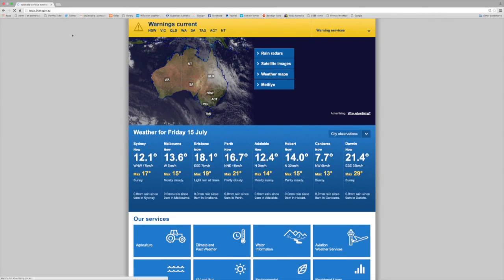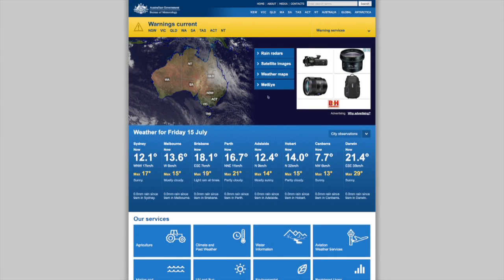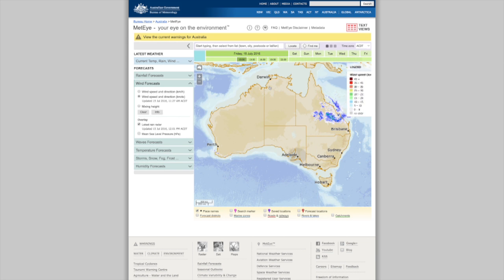So the Bureau has a whole range of weather, water and climate information that can be used to improve your decision making and provide environmental intelligence in terms of what's going on and what's likely to happen through the week ahead and through coming months and through the season ahead. So we have a whole range of information available on our website that is available through smartphone technology as well. So we have our short-term forecasts on the Met-Eye page,